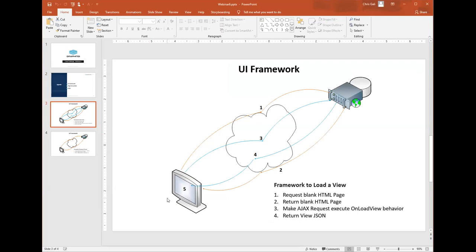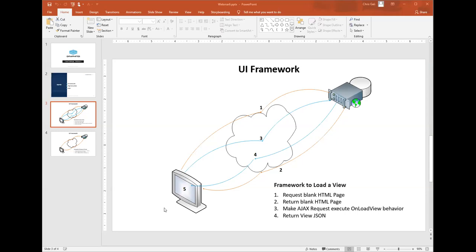So here you're sitting in front of the browser, and basically you're saying, okay, get me interest.html. So the request goes back to the web server, and the web server sends you the blank page. So you request the blank HTML interest page.html. It returns the blank page. And if you looked at that, and we'll look at that blank HTML in a second, at the bottom